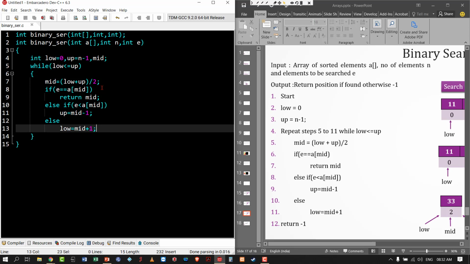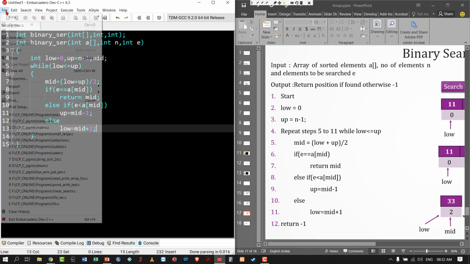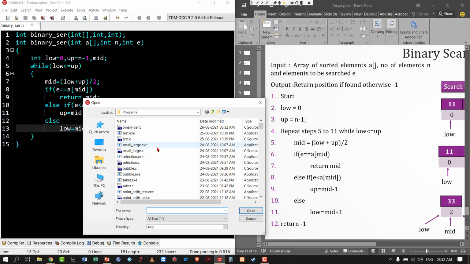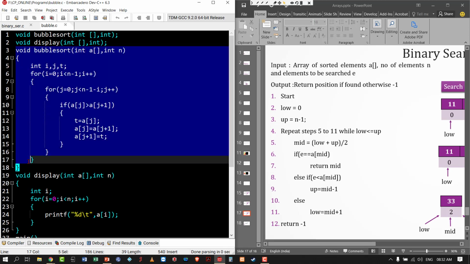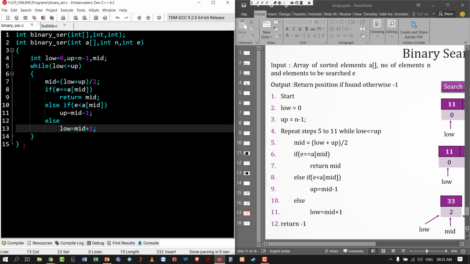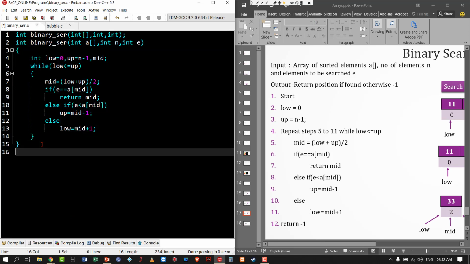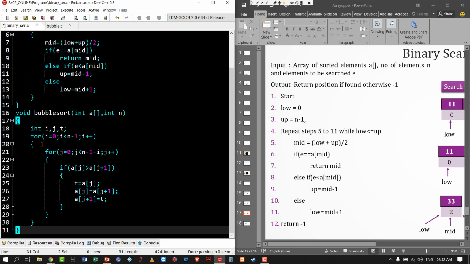I already told you, to apply binary search on an element, we have to sort the array. For sorting, I am using some algorithms. I am opening bubble sort, copying bubble sort from this program, and pasting it in the binary search program, because we need a sorting algorithm here.